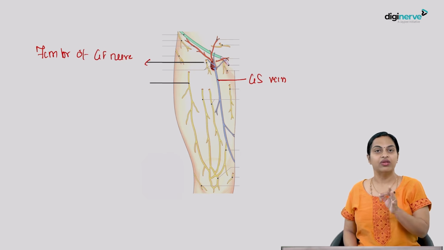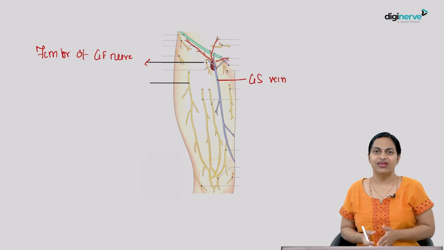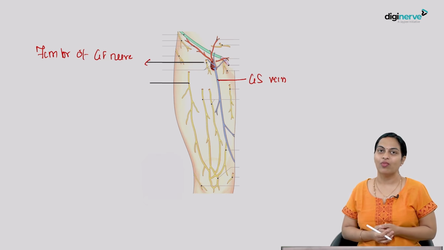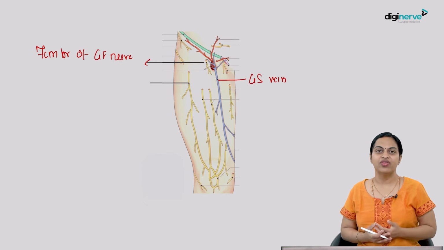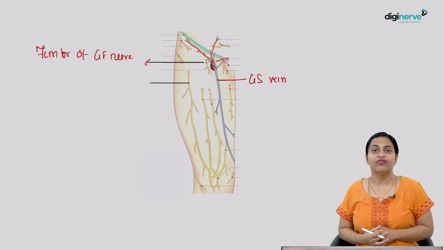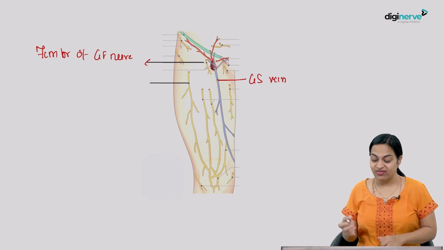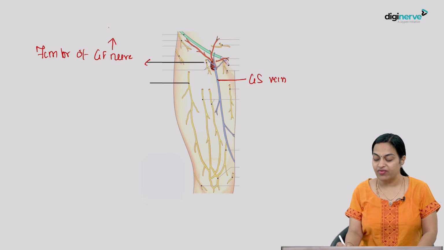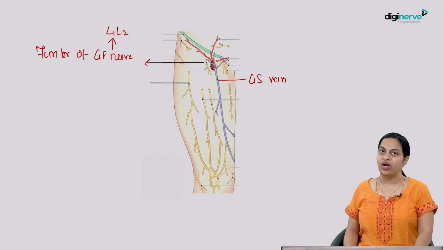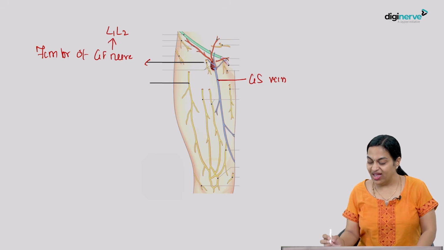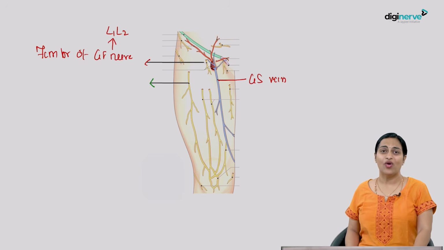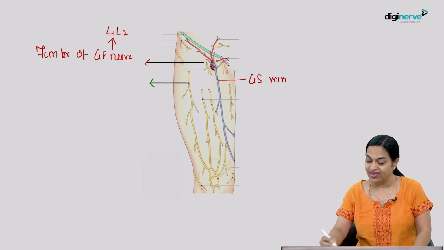Femoral branch of genitofemoral nerve. So it will be lateral to the femoral artery, in the lateral compartment of the femoral sheath. It will pierce the femoral sheath and supply the skin over the femoral triangle. So that could be an MCQ for you. The skin over the femoral triangle is innervated by femoral branch of genitofemoral nerve. This genitofemoral nerve is again coming from the lumbar plexus with the root value L1 and L2, right? And more important, clinically important, which they keep repeatedly asking in your competitive exam, this nerve that you see here,